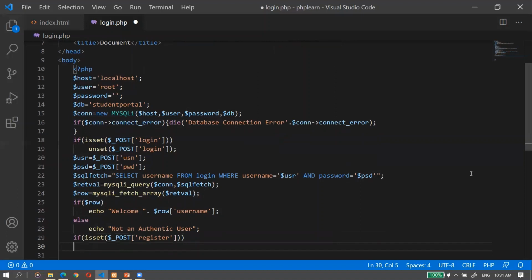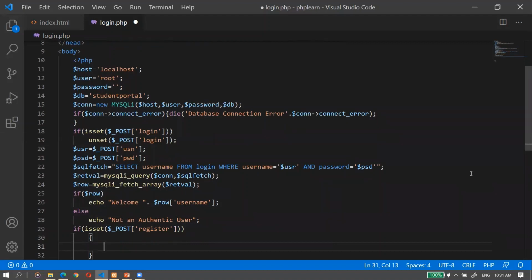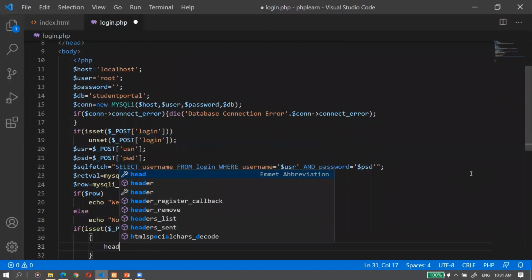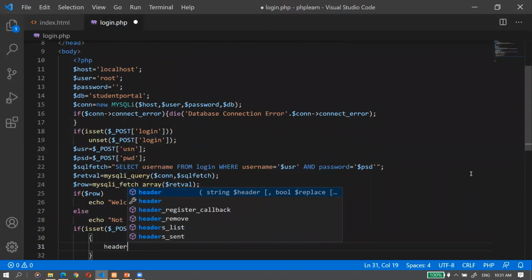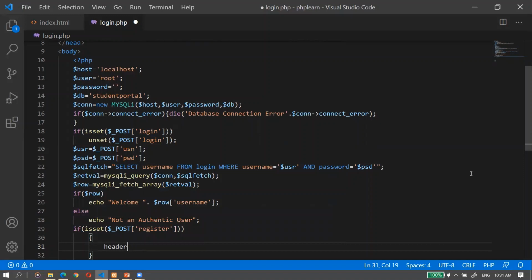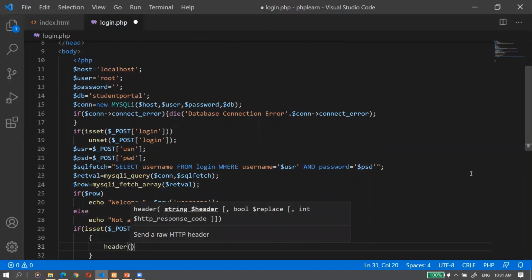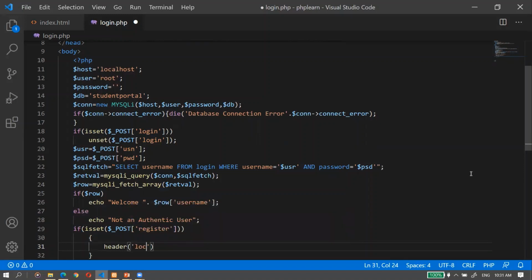If it is set, we will navigate it somewhere else. For that I am using header location. Now I will give the name of the file to which I want it to be transferred.